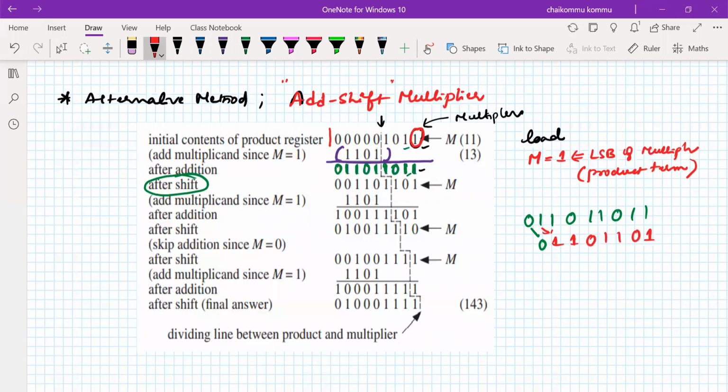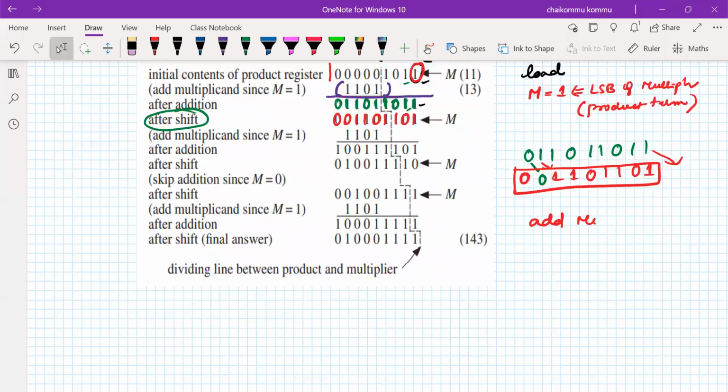The 1 that was here goes away, this goes away. This vacant value is filled with 0. So this is what we have to do. So that is what is happening here: 0, 0, 1, 1, 0, 1, 1, 0, 1. Clear? So what I have done: I have added the multiplicand, and once the result came, I have to shift towards the right side. The procedure is first to add the multiplicand,